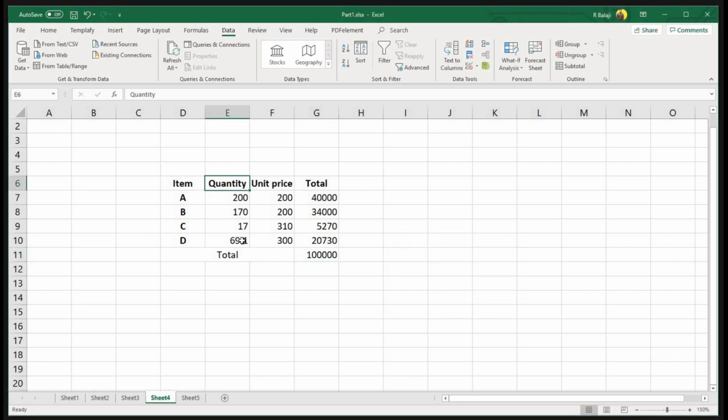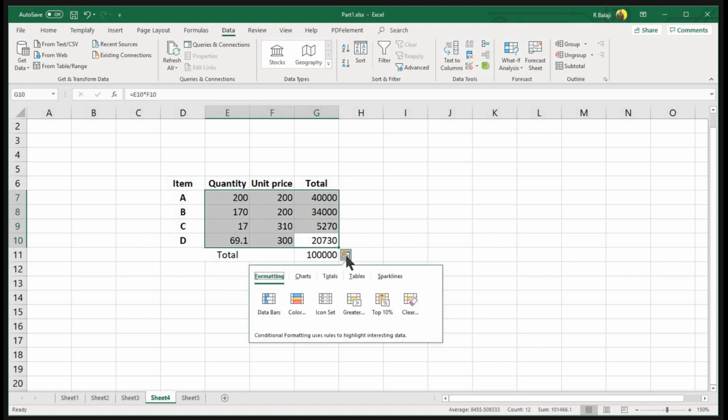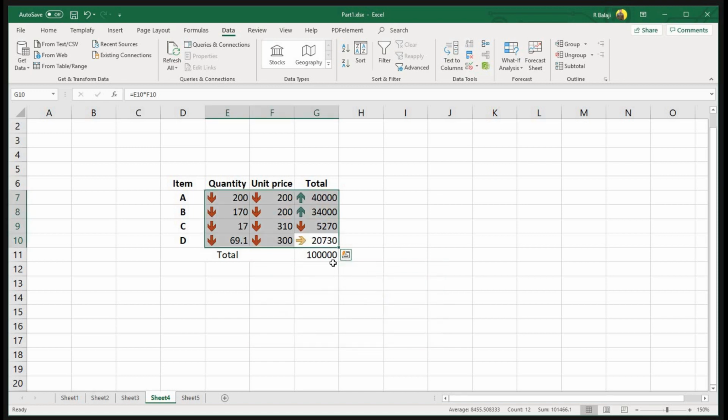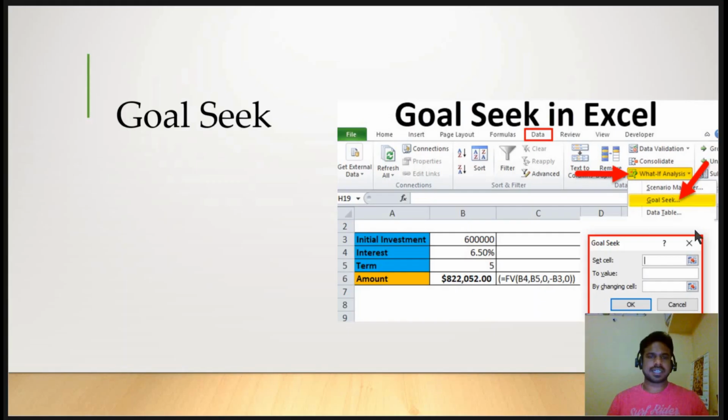So now I'm supposed to sell this many quantity of that particular D item to get 1 lakh rupees. It's a cool option, right? You can use it in multiple places wherever you want it to be changed. You can even here again do quick analysis, do coloring, set icons, something like that. So it will give you a classic look, right?